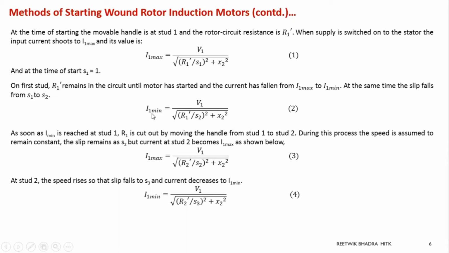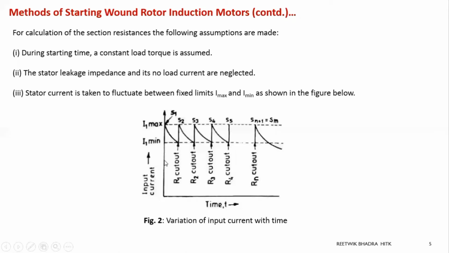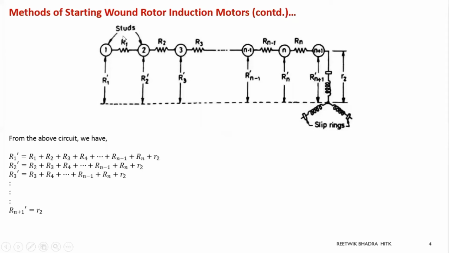Now this is the first stage done. Now if you look into this figure, at this point the R1 is cut off. Now slowly the speed increases, that means my R1 has to be cut off. Now what will be the total resistance? R2 dash. I am not again going into what formula is written over here, I am just understanding the diagram. Now my handle is at start 2. What should be my equivalent resistance?